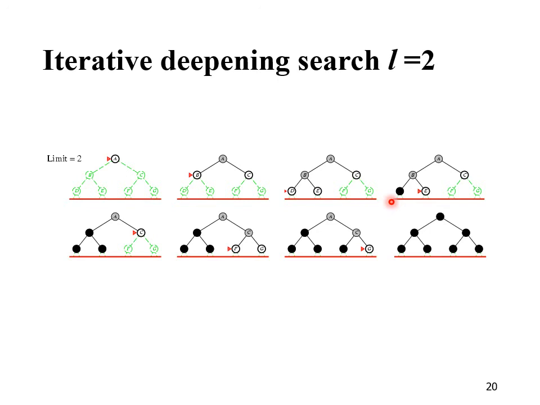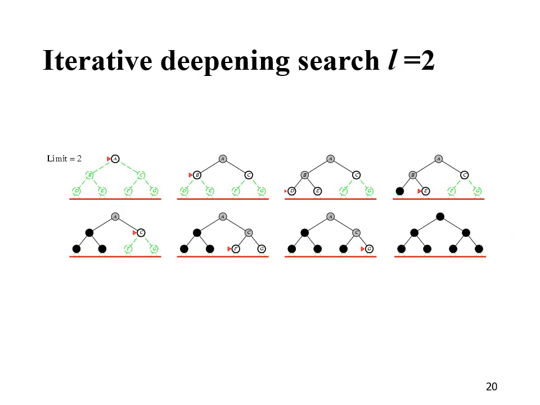If D is not a goal node, then you go to E. If E is not the goal node, then backtrack and match your goal node with C. If C is not the goal node, then you have to explore its successors, which are F and G. If F is not the goal node, then you go to G. If G is the goal node, then you return G. Otherwise,